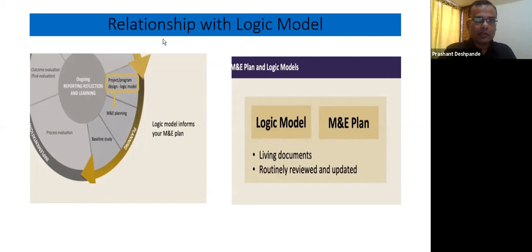So can anyone tell us? Yes, I'm getting some. Yes, very good, problem statement. Nazmin has said so. Do you remember what else? Yes, objective and goal. What other components did we see in the logic model? First was the goal, there was the problem statement, definitely. Any other thing? Yes, importantly, inputs, outputs. I request all to participate in this.